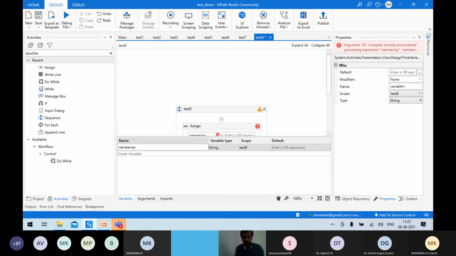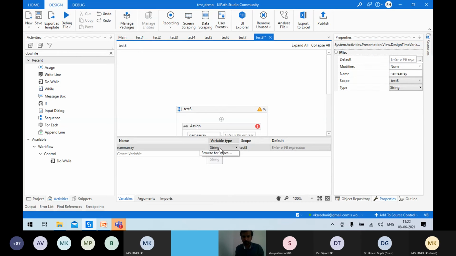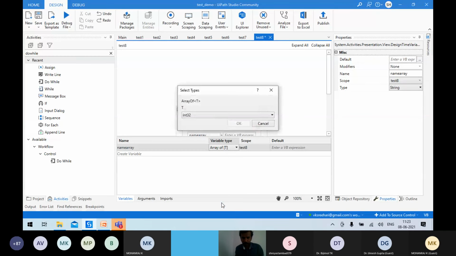What I'm going to do is store 2 or 3 names into this name array value. It will be a one-dimensional array. I'm going to store 3 names into this array. So the data type here is Array of T. Once you take that, you will be prompted to select a type, because you have to say what you're going to store inside the array.